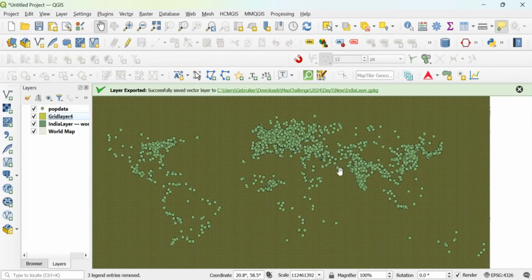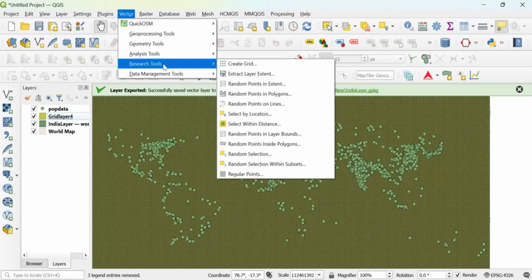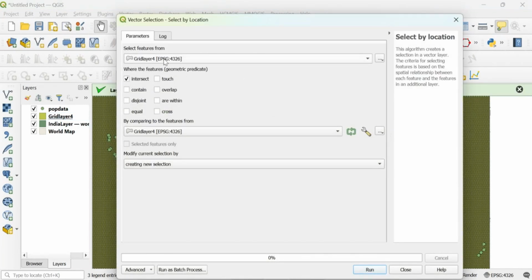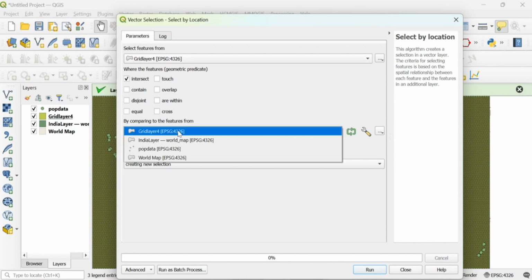So what we have to do next is to select all the point layers that fall within the grid. And to do that, I think we will use select by location, and we are going to select from grid 4.